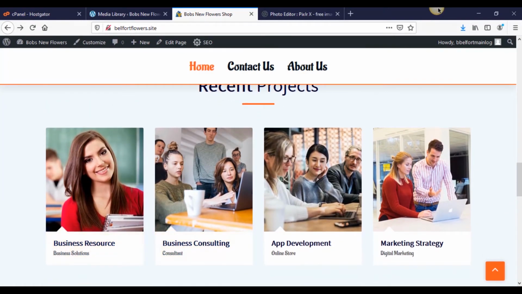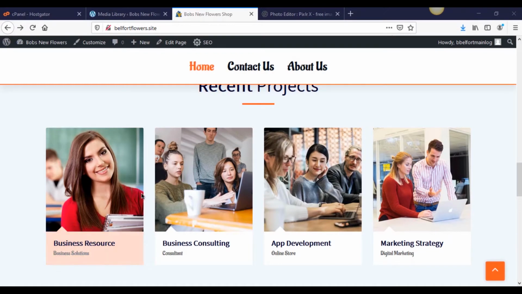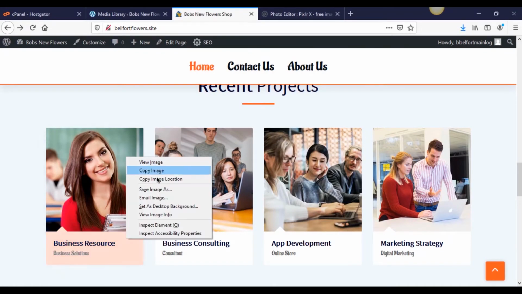It's probably only, well, let's use Jing real quick and take a look. So this program's called Jing, by the way. You can download it for free. And it just takes snapshots of your screen. So this is only basically a 260 by 275. This is a pretty small image, but if you look at it in its own tab,